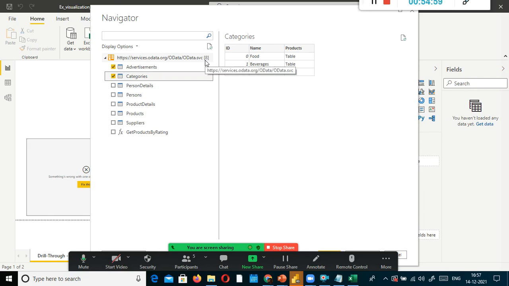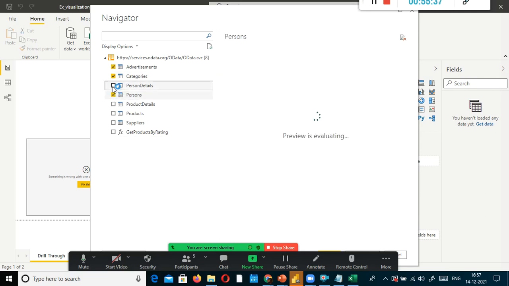See, they hosted their data on a cloud. And what they did, with this link URL, right? They created an API, a REST API, and exposed it to the outside world. So in my company, I have hundreds and hundreds of tables, but for these tables alone, I created a separate REST API. With this API, you can connect to the tables that are relevant for your analysis. Not all the tables will I give you access to.